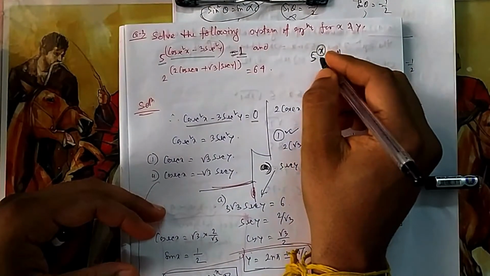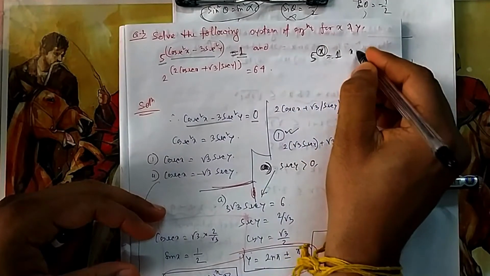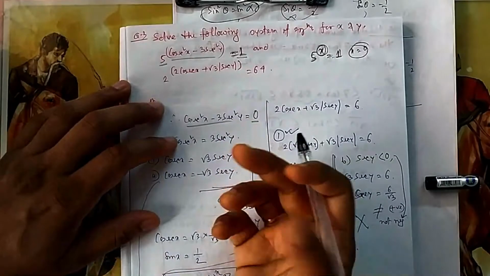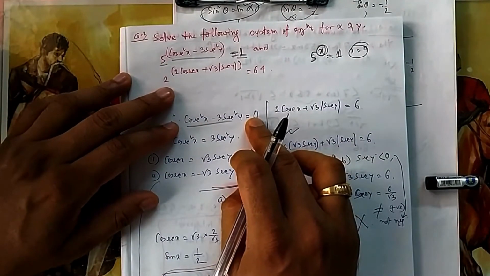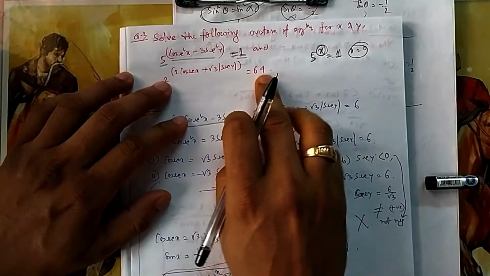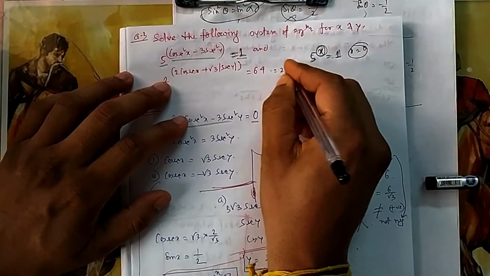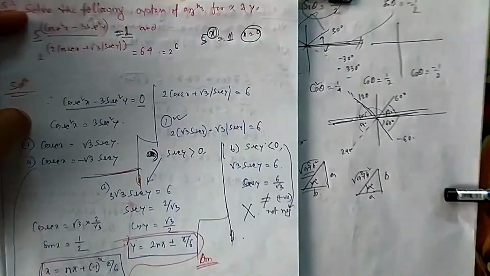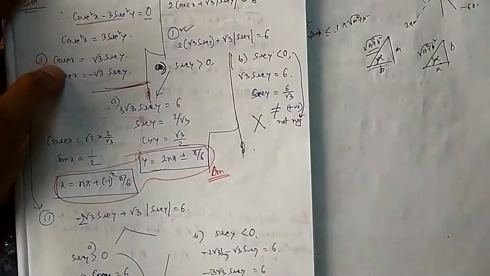If someone asks you what is the value of x, it should be 0, because something to the power 0 is 1. So that's why they have given it in a different format. So this is given 0. And this side is 2 to the power 6. So this will be equal to, because bases are equal, 64 you can write as 2 to the power 6. So that means this is equal to 6. So there are now so many conclusions. So you will try one by one.